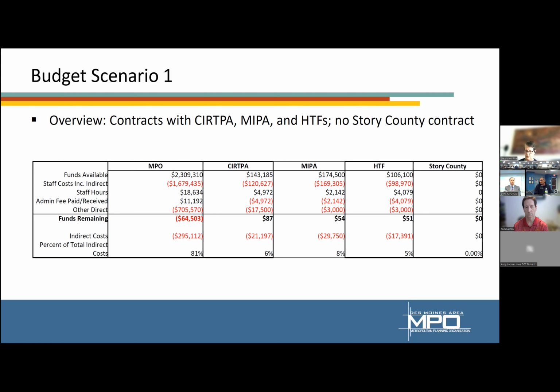Sure, that would help understanding what the MIPA budget looks like, but the overall question is, does the MPO and MIPA still have a relationship? Should we be factoring in a contract and the revenue from that contract in the MPO's budget? Because that affects the MPO's budget quite a bit, especially for the support service side. And it affects both organizations, but since we're here for the MPO, that's what I'm curious about.